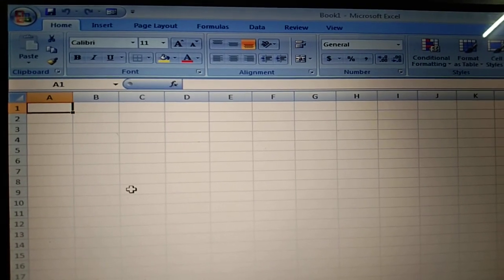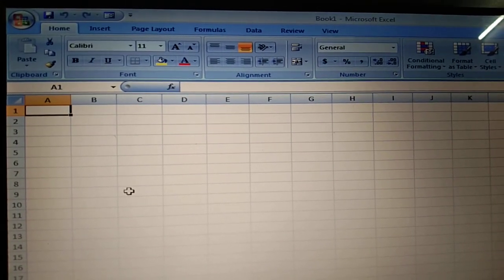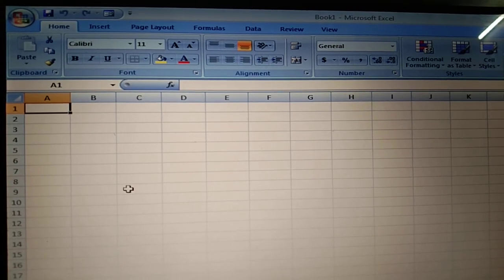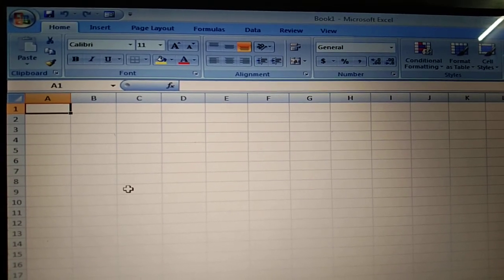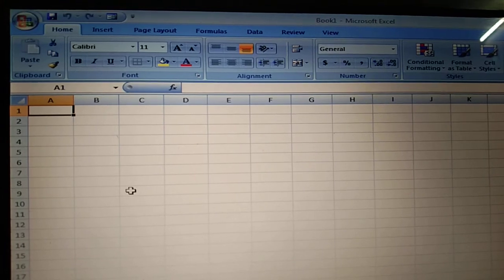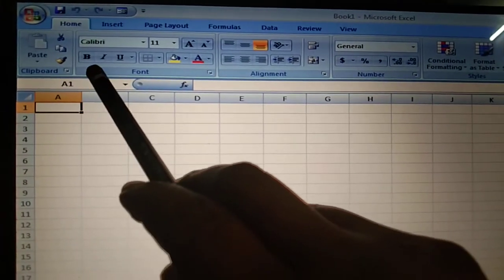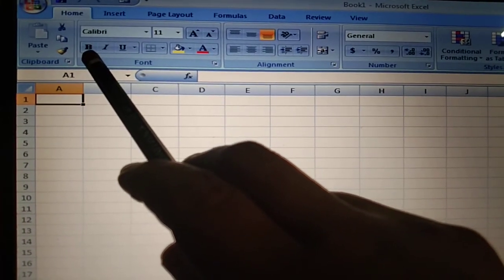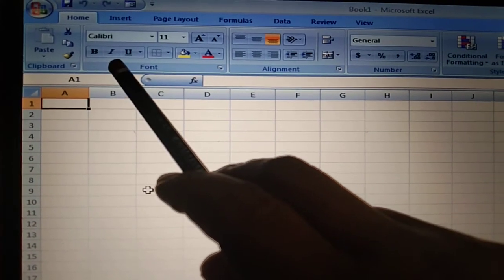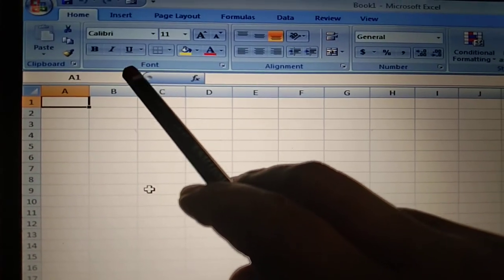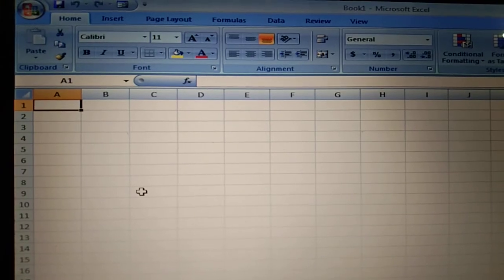Class, if we talk about the various common formatting tools available in a given worksheet, this icon is called bold. Next one, I stands for italic, U stands for underline.